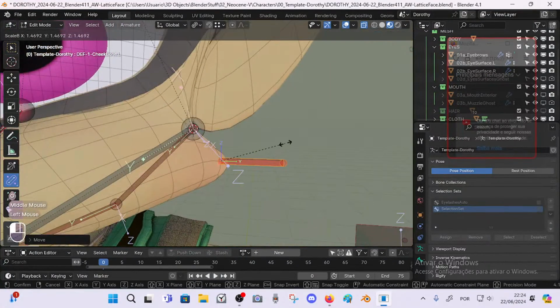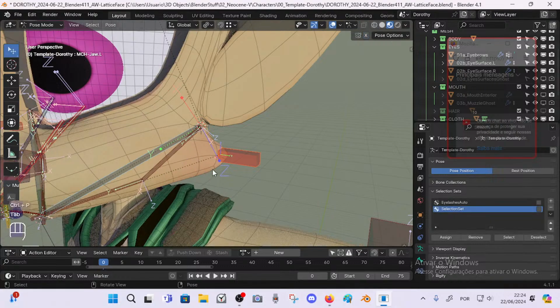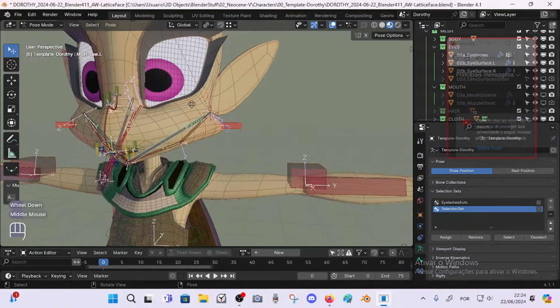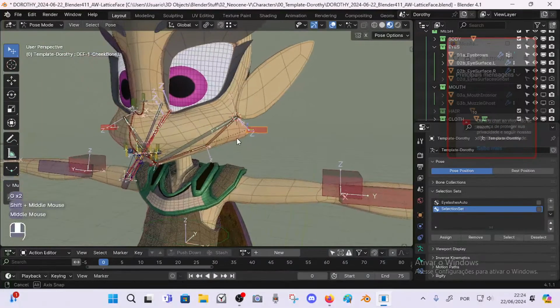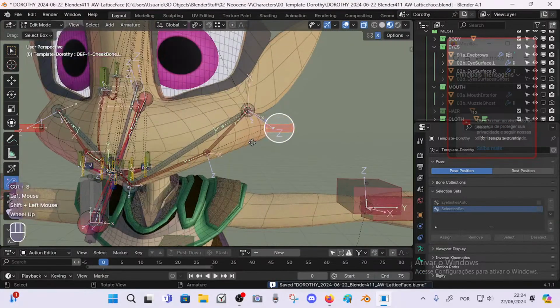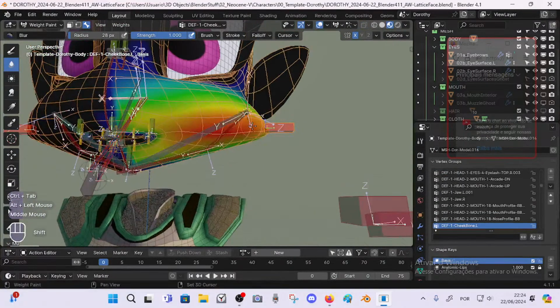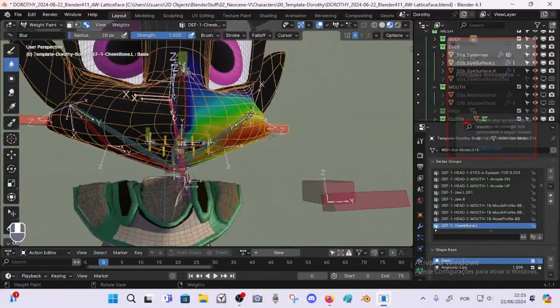Then this can be a tiny bone, and maybe it should be parented to the mechanism bone here instead of the head. That won't affect anything. Okay, so I can here, yeah, the cheekbone. So what I can do here is let's weight paint that and see. Now I'm starting to